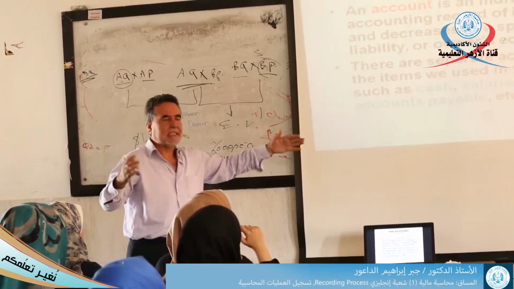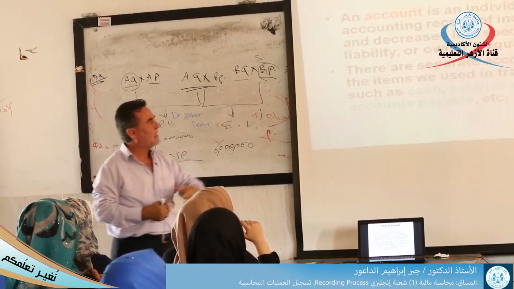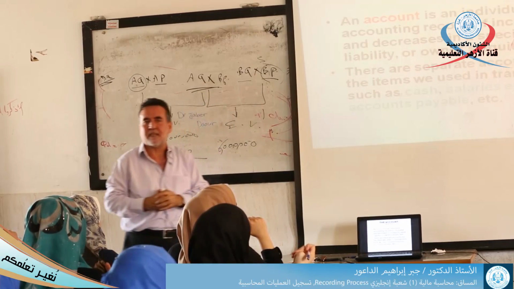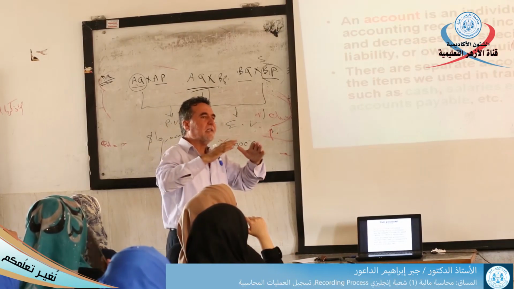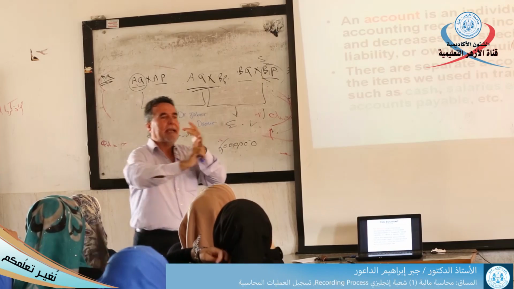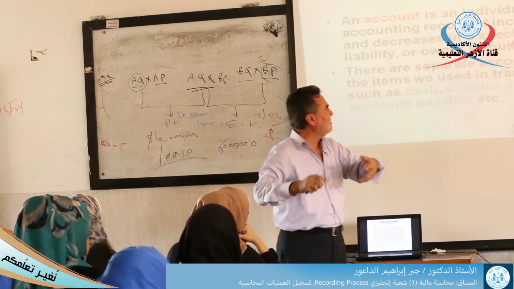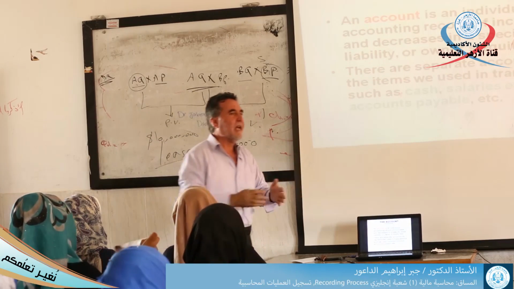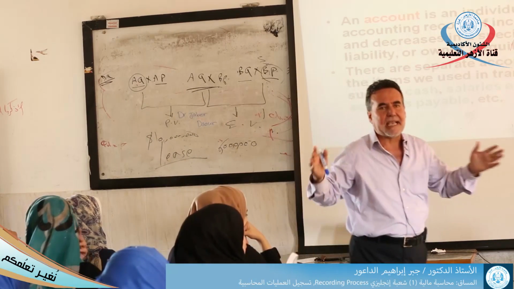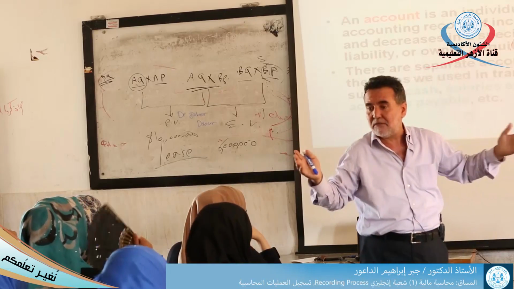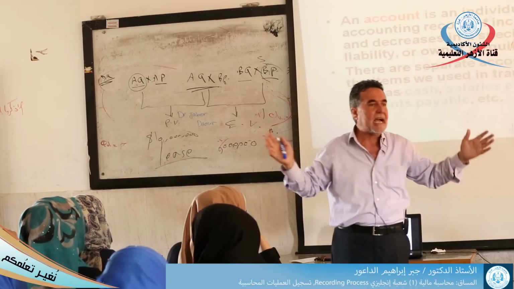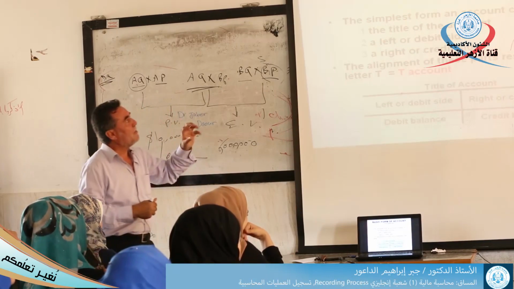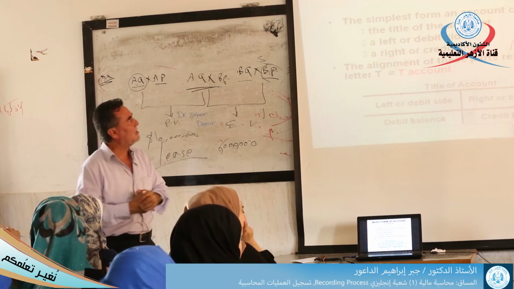Such as, for example, cash, salaries, expenses, accounts payable, etc. كل حساب له مستقل بذاته. Cash account, salaries account, salaries expense account, accounts payable account, land account, equipment account, furniture account, accounts receivable account, whatever. In the simplest form, an account consists of: